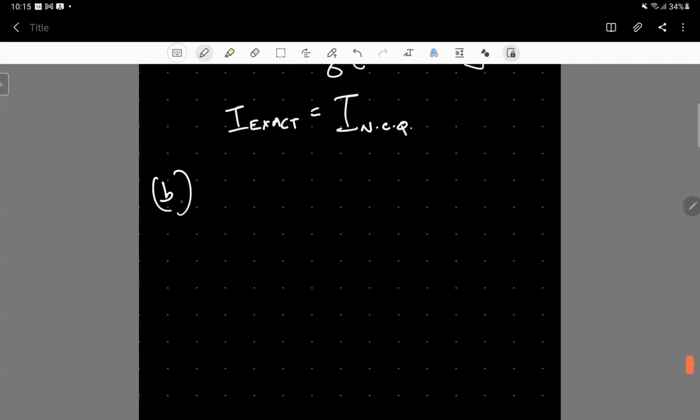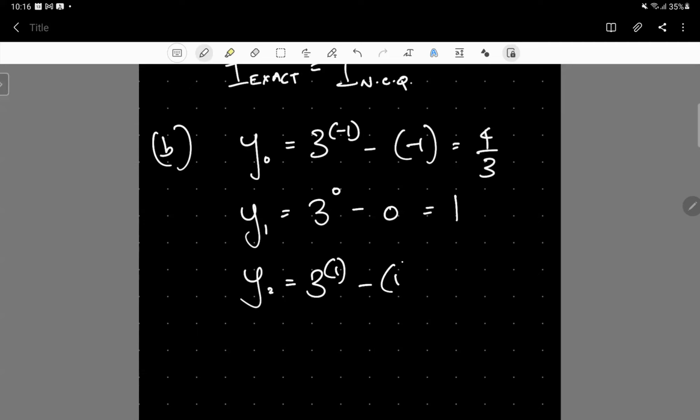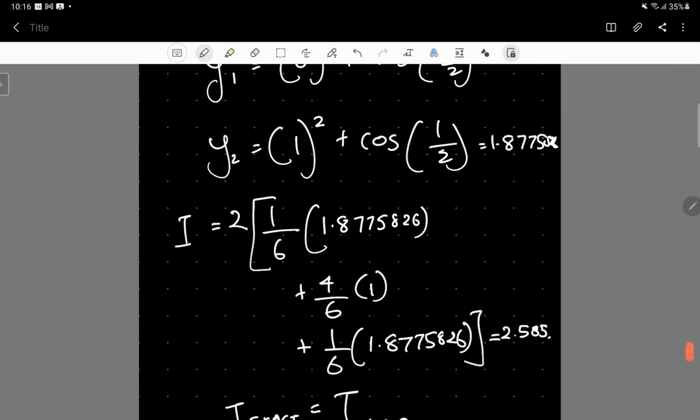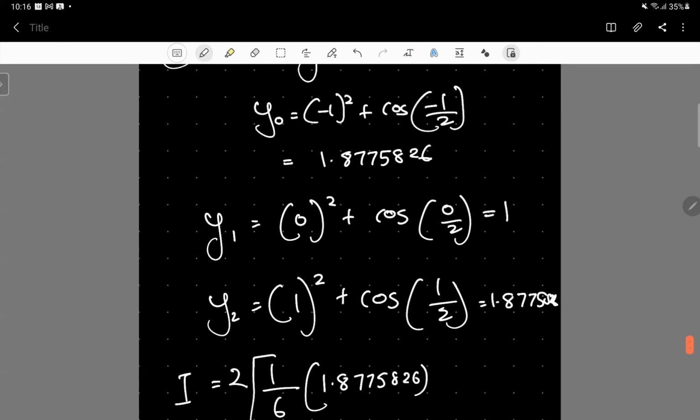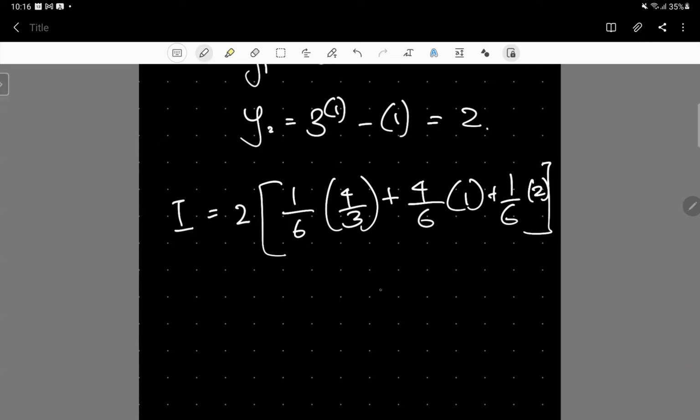But if we look at the second example, if we evaluate the y function values at these three particular points, y0 would be 3 to the power minus 1, which is equal to 4 by 3, and y1 would be 3 to the power 0, where x is equal to 0, and y2, where x equals 1, is 3, minus 1 gives 2. Substituting into the general formula which we just used for evaluating the integral by the Newton quadrature method, we would get 1 over 6 times 4 by 3 plus 4 by 6 times 1 plus 1 by 6 times 2, which is equal to